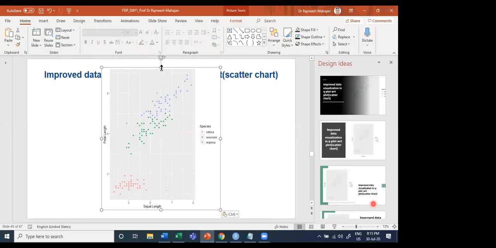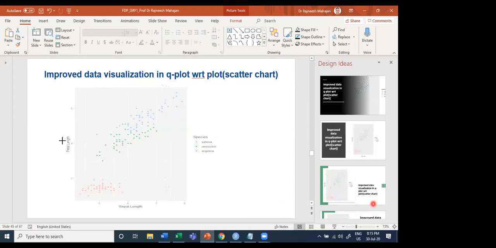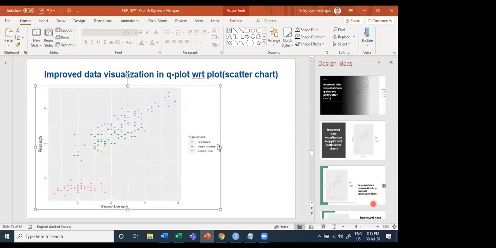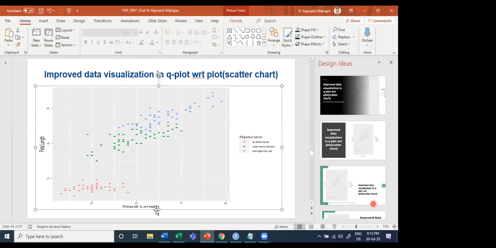So look at the diagram, you can easily understand the trend of 3 different varieties, that too in color, and you can find from this scatter plot some trend, some segmentation, that this particular segment is setosa, this green color is versicolor, and this is virginica.